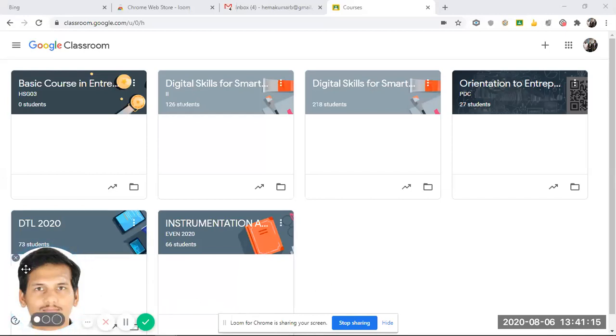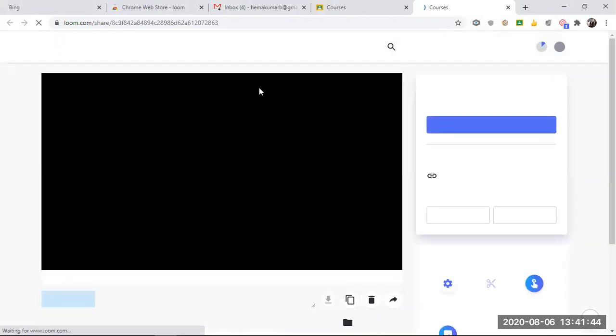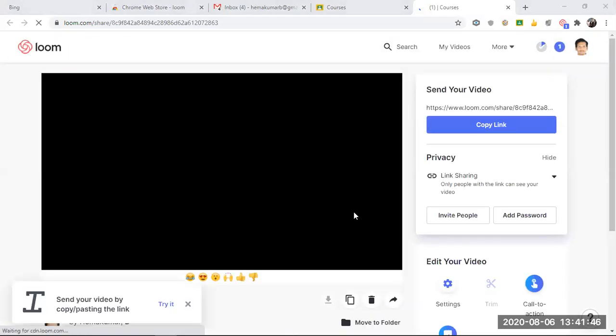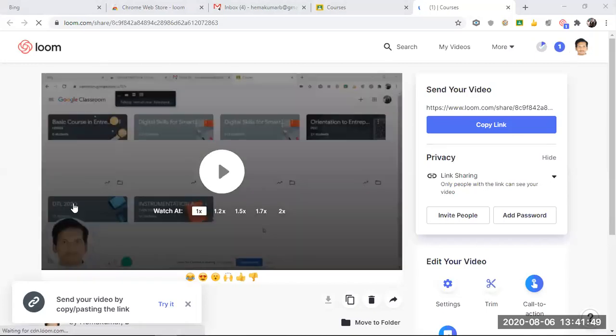Normally if Zoom is not there, here you'll be getting your video actually. Here I don't get the video because Zoom is using my cam. Otherwise it will get your video and do the entire process. Now once I go to finish recording, it will create a small account for you in Loom using your Gmail.